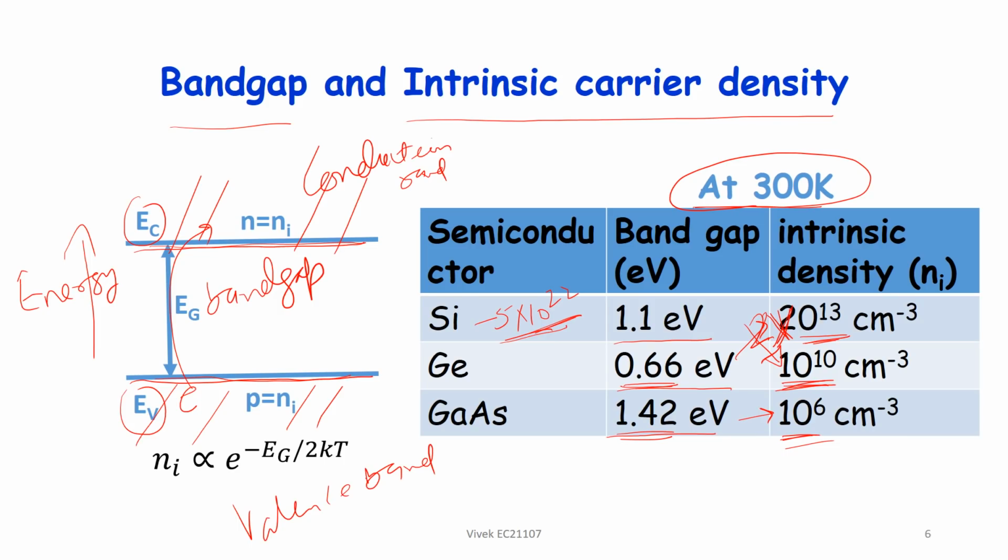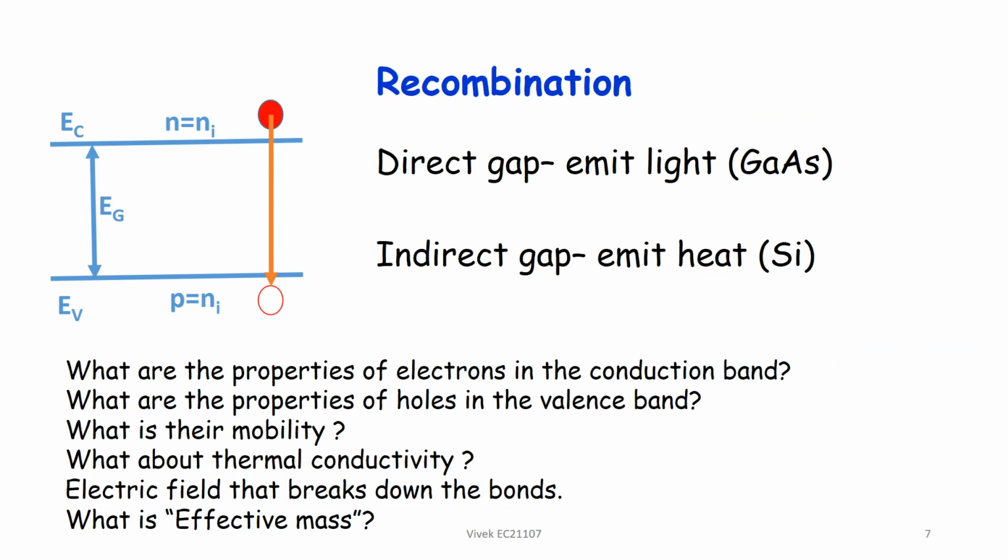Okay. Now, how do we get these carriers? There are various mechanisms going on in the semiconductor. One is of course generation by thermal excitation. An electron can go from the valence band to the conduction band. Another is recombination. So an electron in the conduction band can come down to the valence band and fill a gap. Now this gap where there is no electron is called a hole, right?